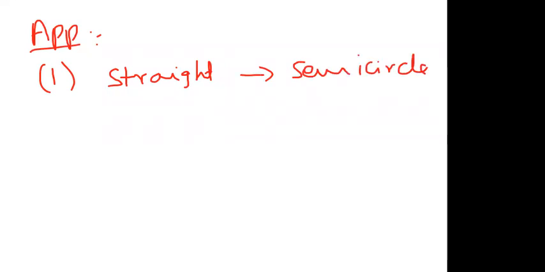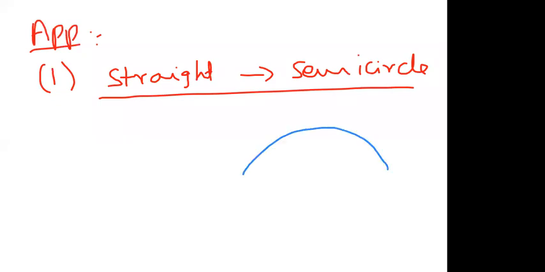The first application. Here, they are telling: suppose a straight magnet is bent in the form of a semicircle. A semicircle is also one arc form. So what does the semicircle mean? The arc having the angle subtended at the center is 180 degrees. You know the conversion: 180 degrees must be taken as pi radians.